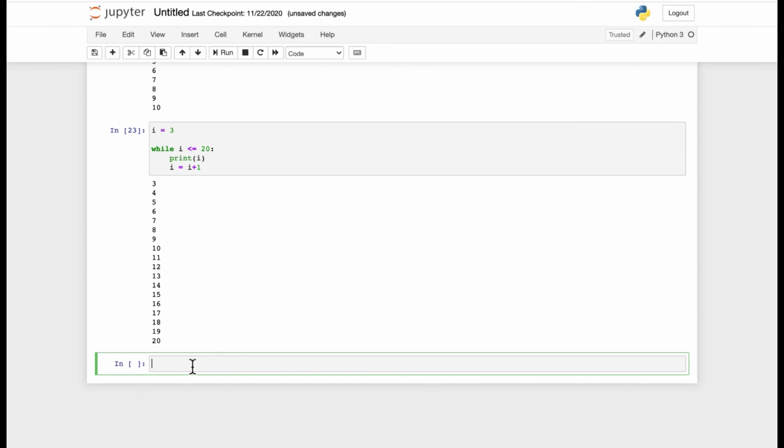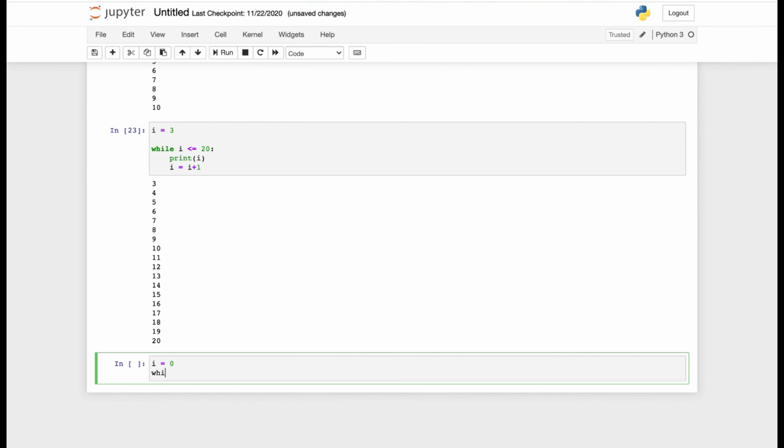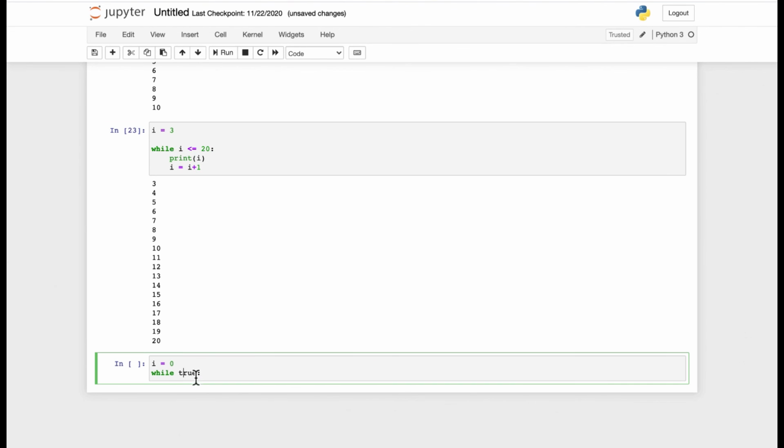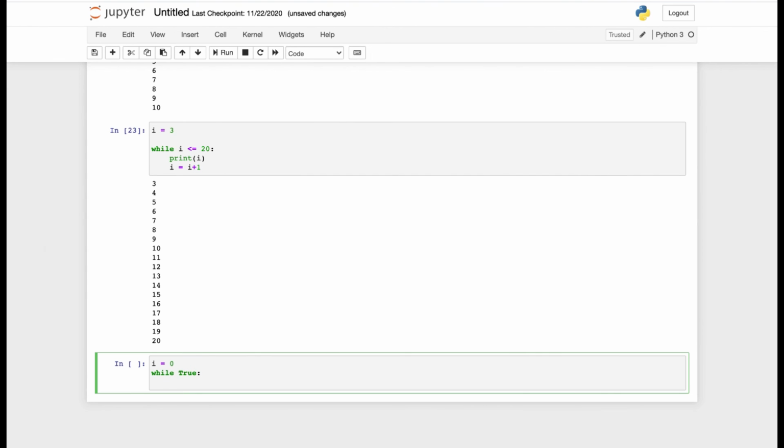Now let's come to the starting part where I said it's kind of dangerous. You could ask why it's dangerous. Let me write it. I is equal to 0 and then enter and then while True. This means that the while condition will always be true. Why did we not write True before? Because we knew it runs from a certain part to a certain part. But now let me show this. While True,